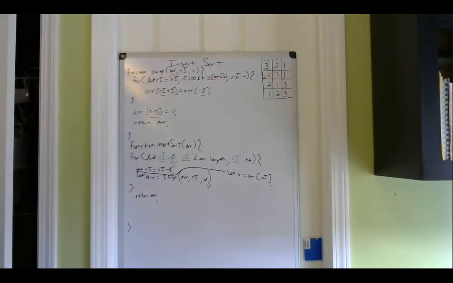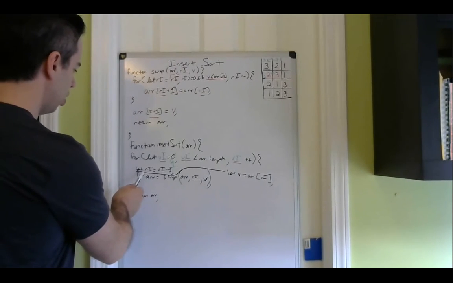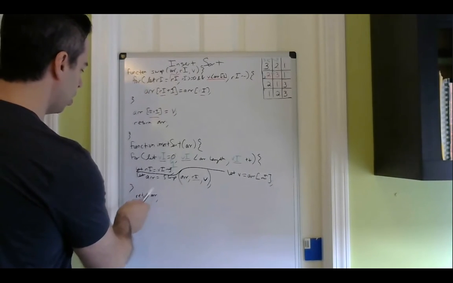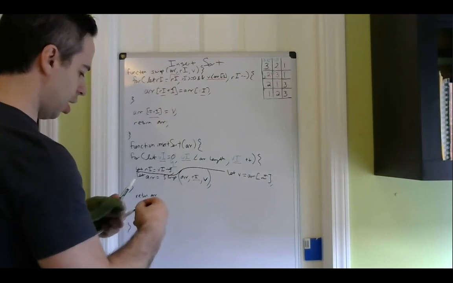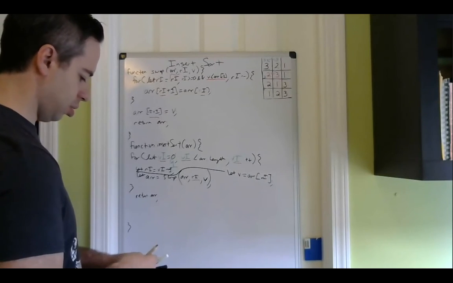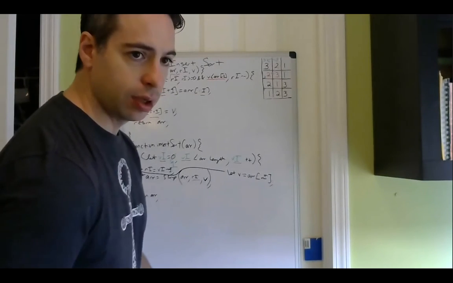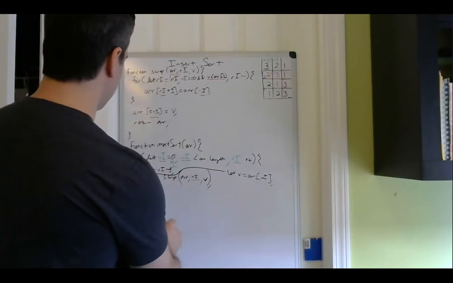All right, awesome. I think we have everything that we need now. So we have a value index, we have a right index, and we're going to call swap with the array and the right index and a value. So let's look at what happens right now. I know this video is getting a little long, but